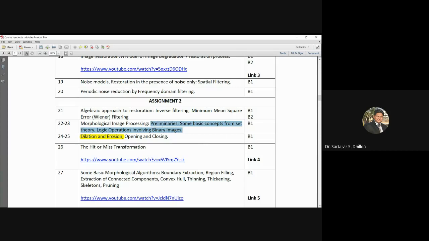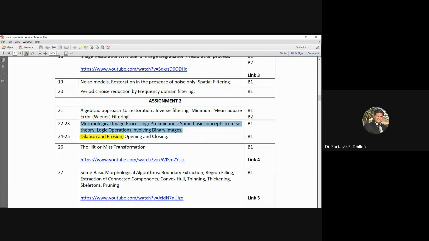However, at the end of this chapter I will also cover the logical operations such as AND, OR and XOR, and how we can perform them on two images, and what the various set theories available for morphological image processing are. We have already covered those, but we will also cover them at the end of this chapter.